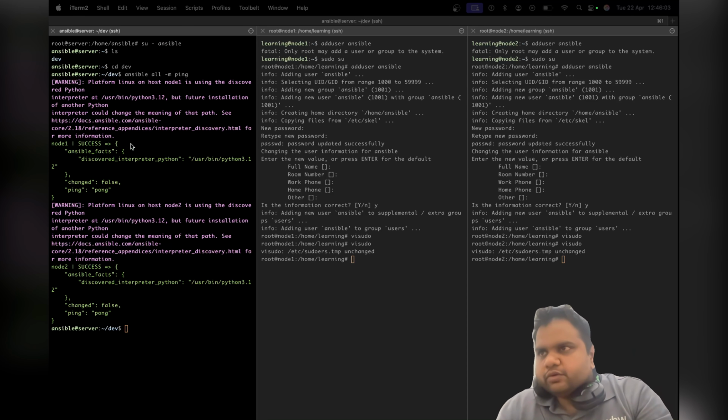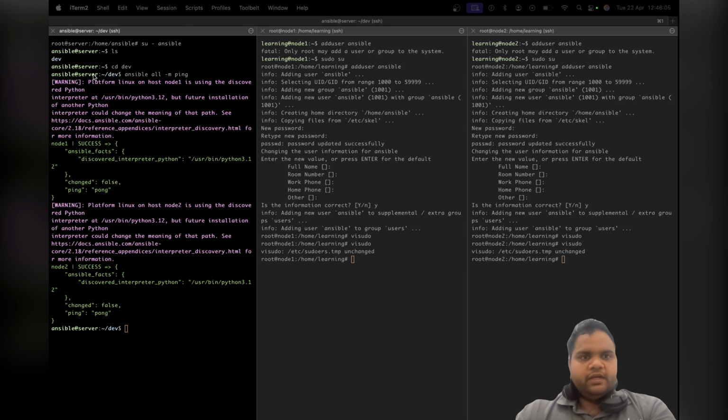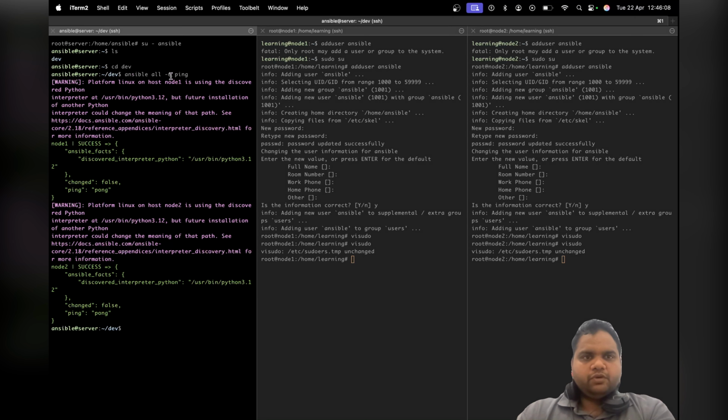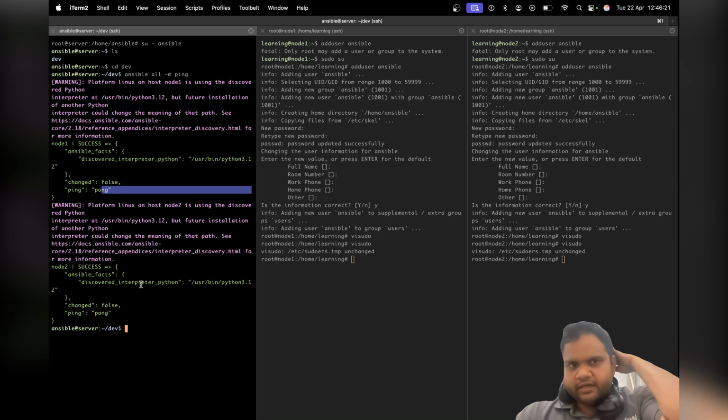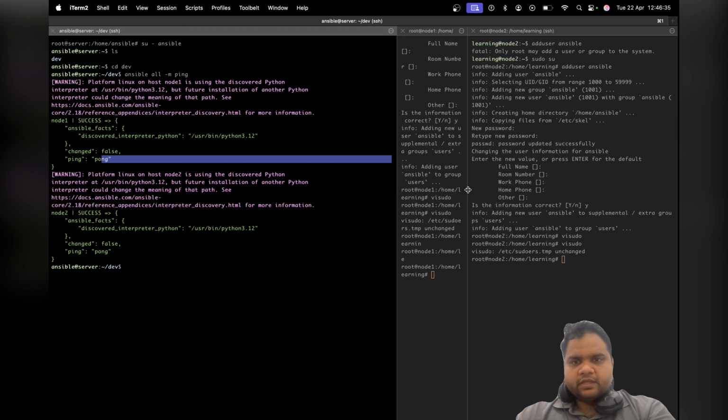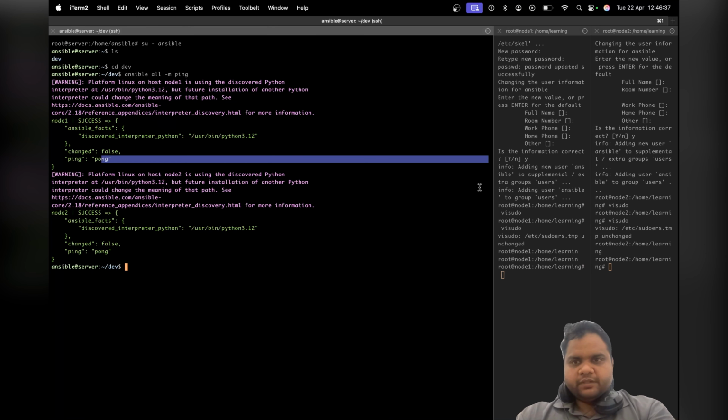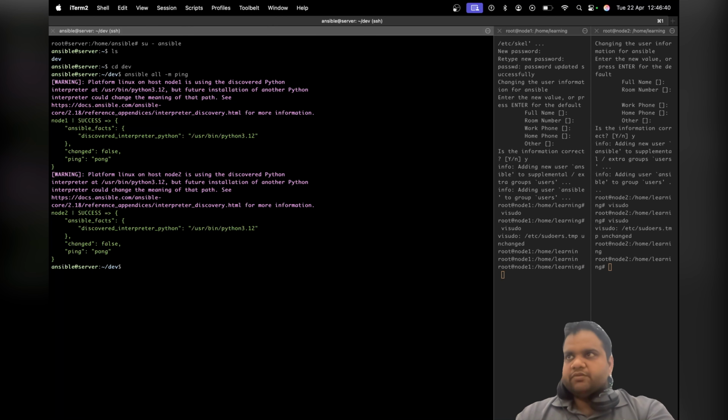Sorry, actually, I forgot to go into the dev folder. I have to go to the dev folder and run ansible all -m ping. Then the error is not coming. So now I can see ping and pong. So inside the dev folder, what I did, I have created two node groups, so that now it will be very easy to do the other tasks, connecting the infrastructure and managing the infrastructure